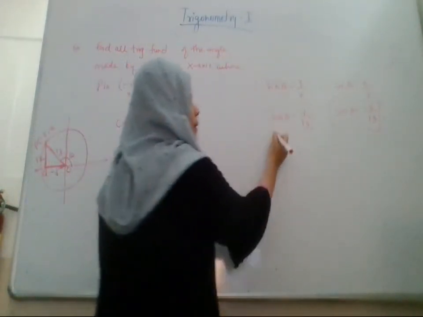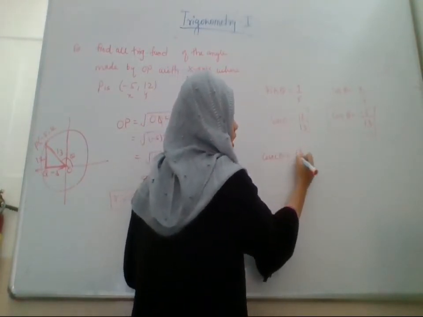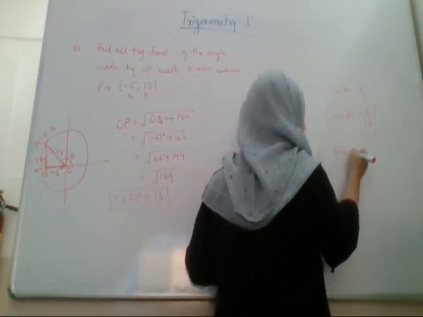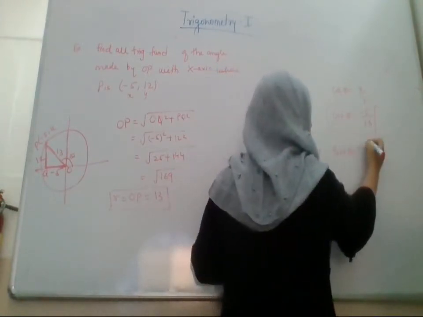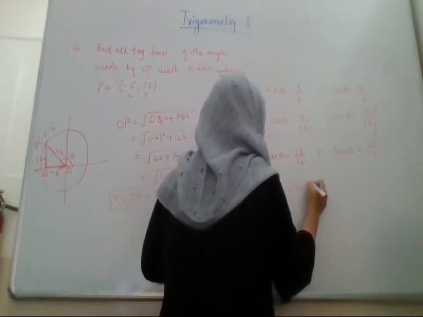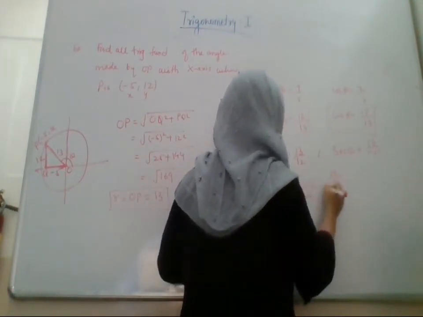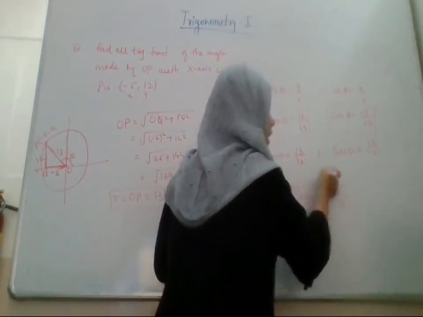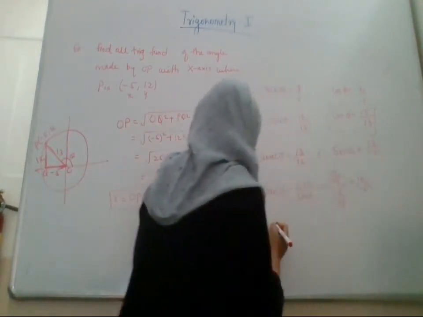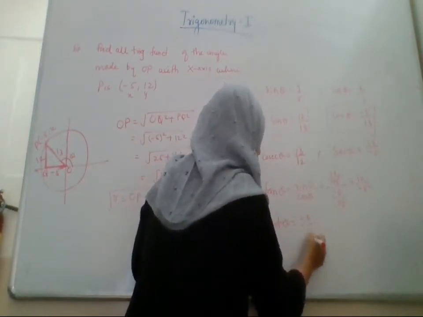Then next, from sine you can find out cosec theta. So cosec theta is the reverse of this. So this is 13 upon 12, right? And from cos you can find sec theta. Sec theta is the reverse of cos. So it is 13 upon minus 5. Then tan theta is sine upon cos. Now what is sine? Sine is 12 upon 13 and cos is minus 5 upon 13. 13 and 13 will get cancelled. So you will be left with 12 upon minus 5. And cot theta is the reverse of this. So it will be minus 5 upon 12.